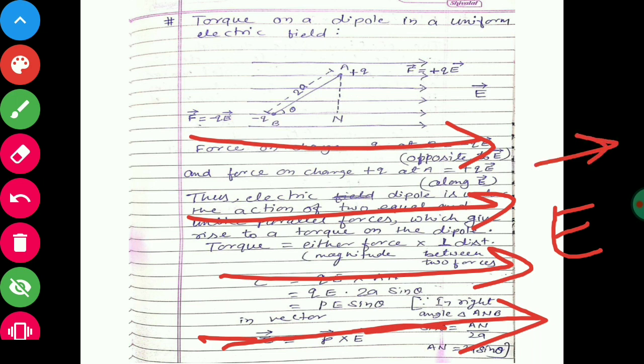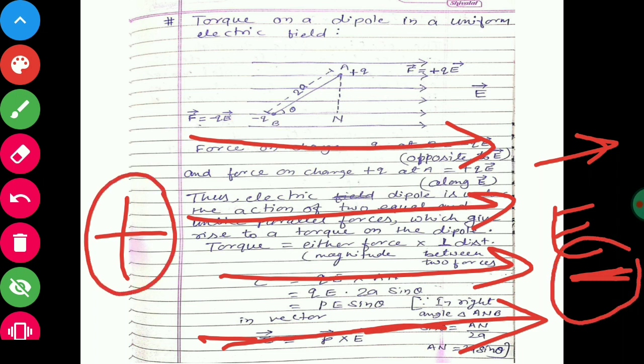See, there are two meanings of the direction of electric field in that side. You can say that there is a positive charge, that's why the electric field is in that direction. You can say that there is a negative charge, that's why the electric field is in that side. Do you understand? Because the electric field is always outward for the positive charge and inward for the negative charge. So there are two situations over there. That's why the electric field is in that direction, either the positive charge at that place or the negative charge at that place. Simple. It's very clear.